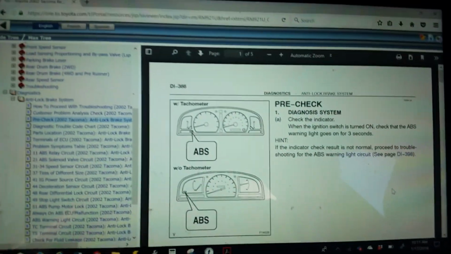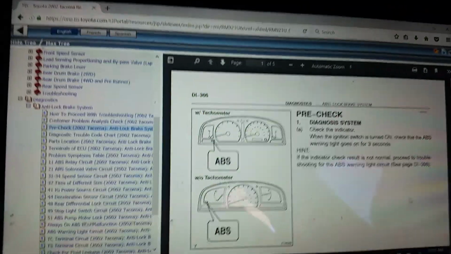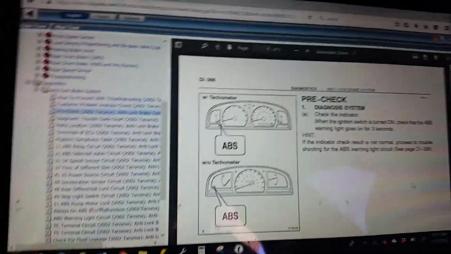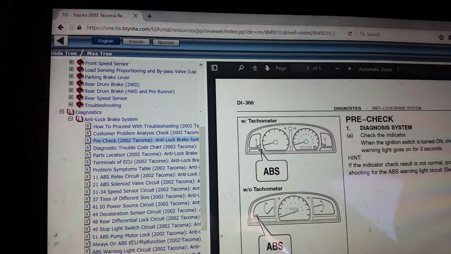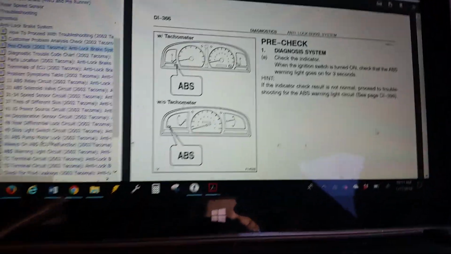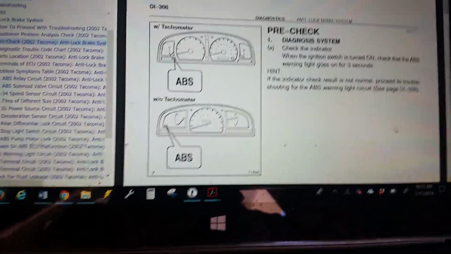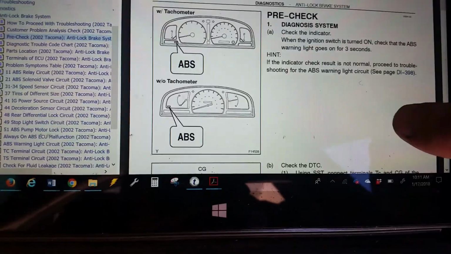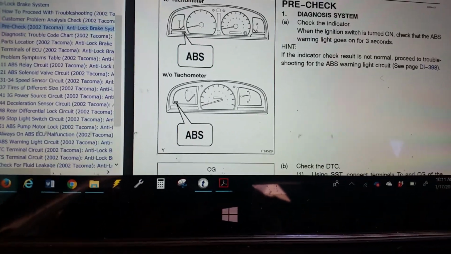I'm referring directly to Toyota TIS, so this isn't the forums or Google or whatever. This is straight from Toyota with my name and password. I'm going to run you through it so I can reference everything and you know that this is accurate. To check codes, kind of like the pre-check,